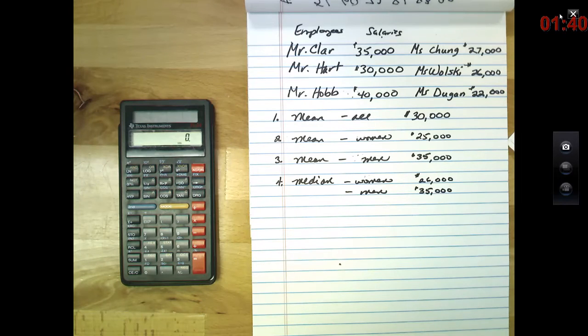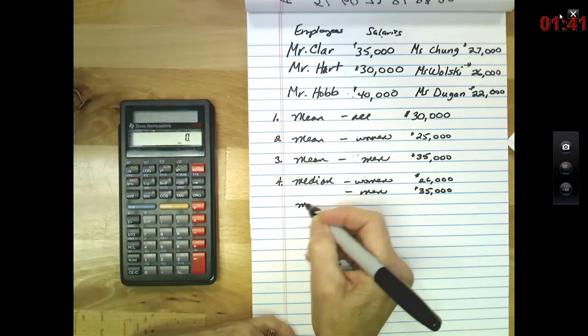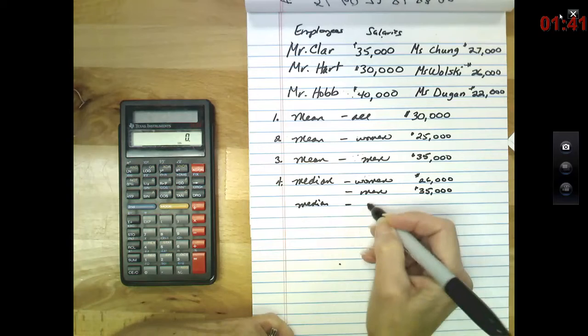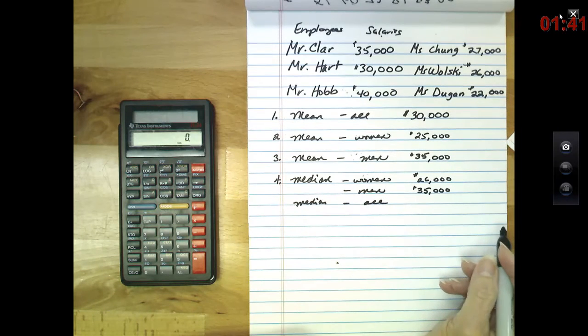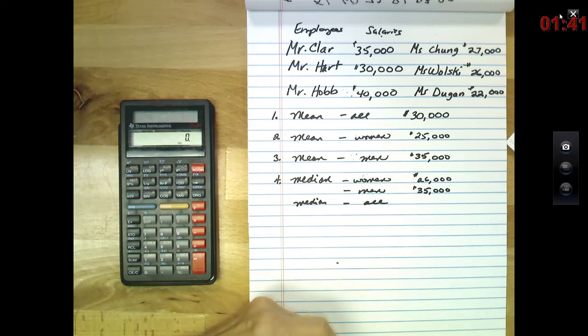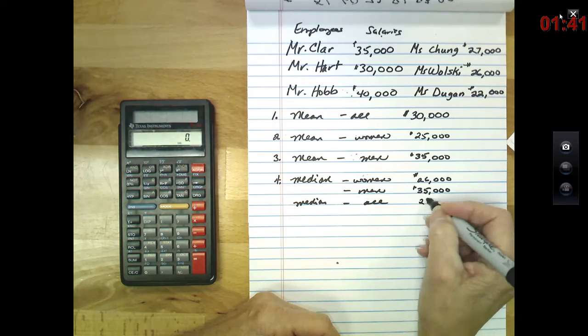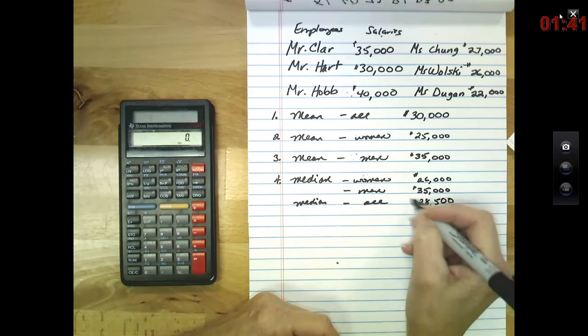Okay, now find the median for all of them. 28,500. Now,